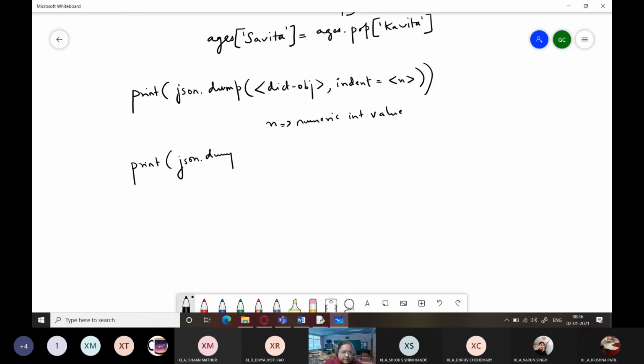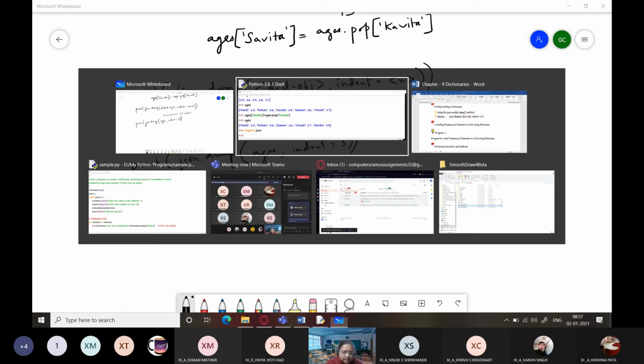And I'm writing here dump ages, comma, indent equals, I'm just taking a value 3, which will always take an indentation of 3 spaces from the left side. Okay, let's do this and check it out.